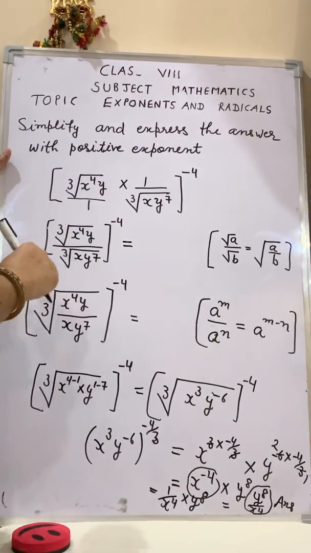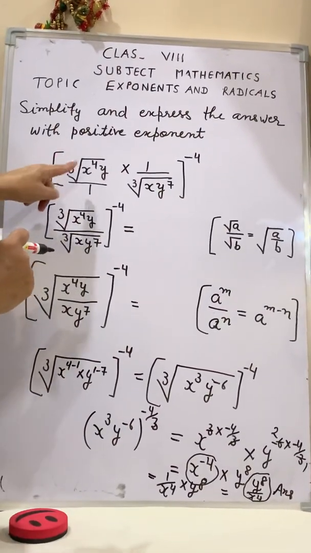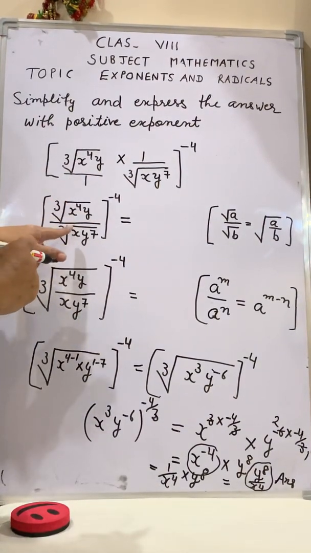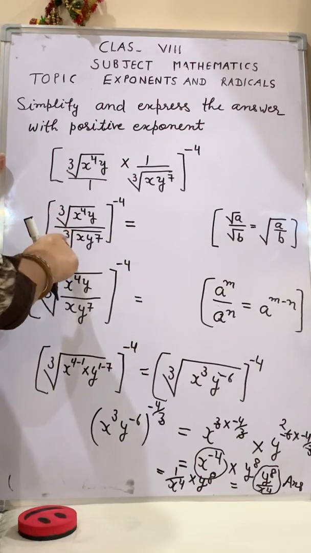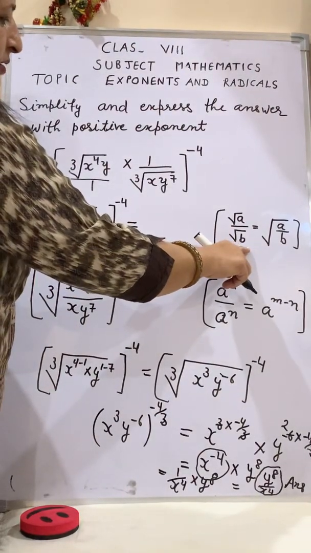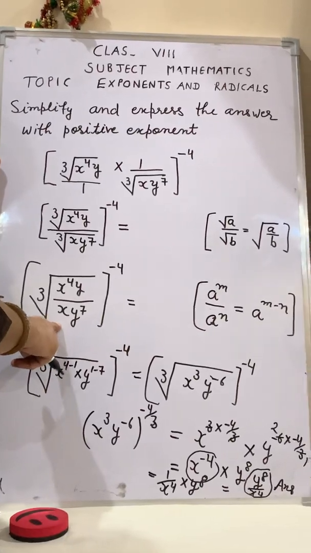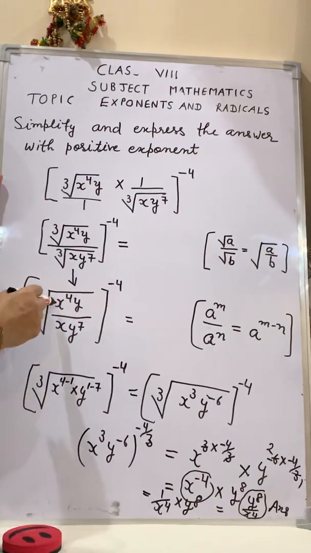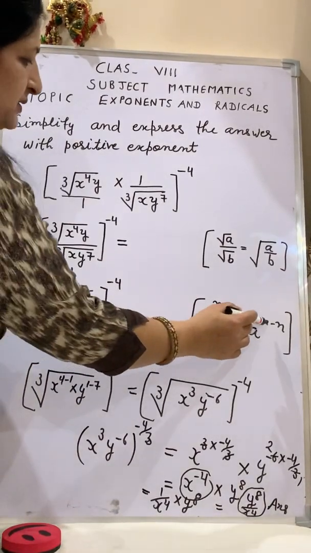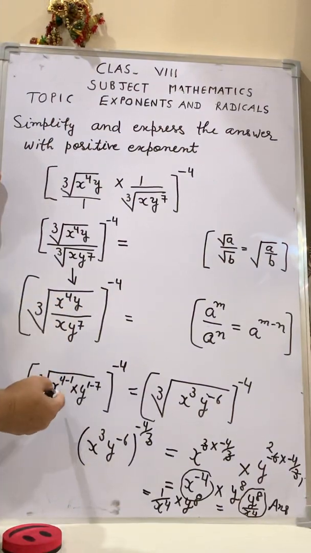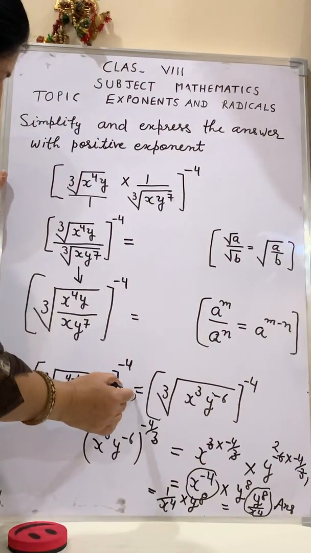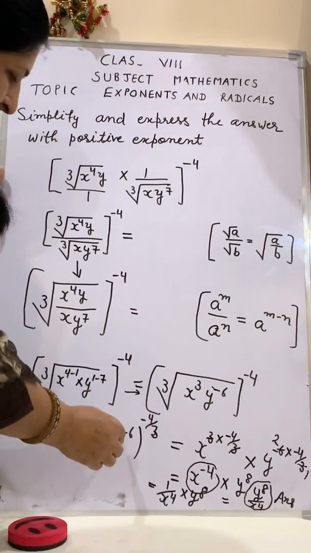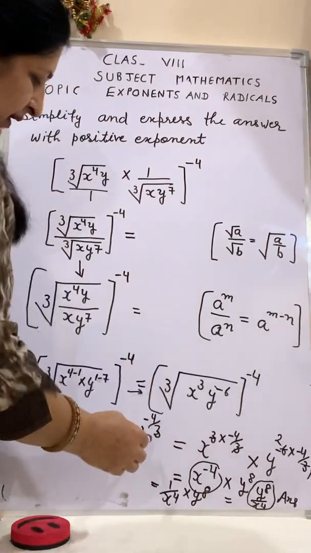Look again. Here, first of all, we multiply numerator with numerator, denominator with denominator. So we find it. Now index is the same, so we can apply this law. We can write in this way. Now we will apply, bases are equal in division, then powers will be subtracted. We will find it. Next step is this. We write it in exponential form. Index is 3, so it is minus 4 by 3.